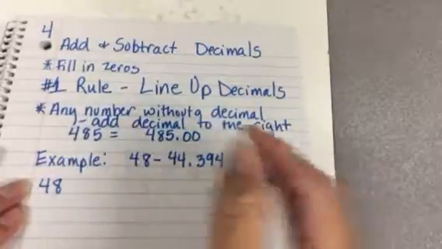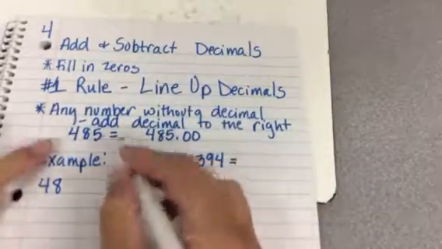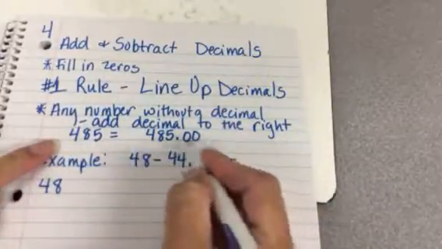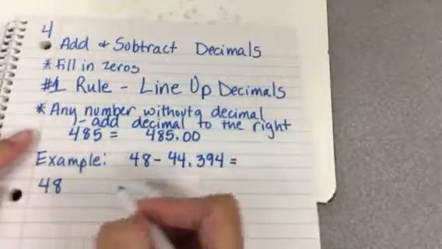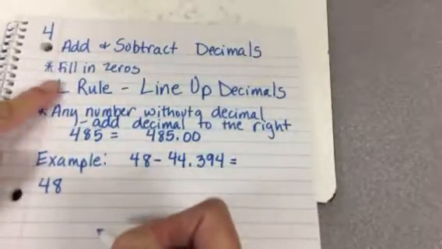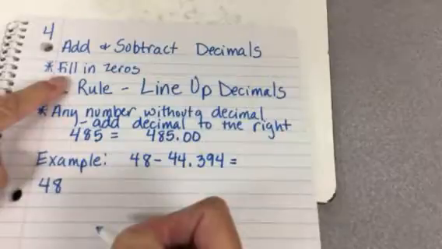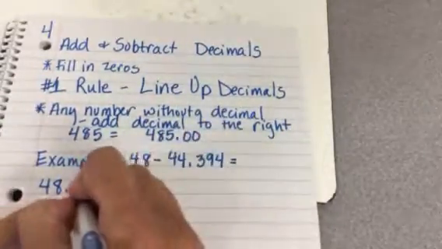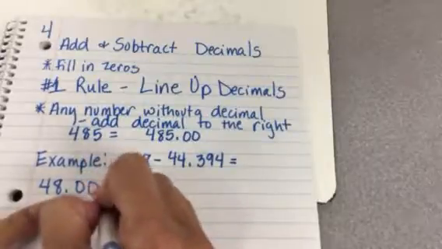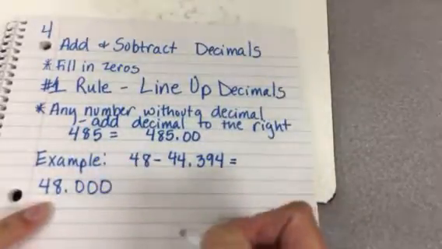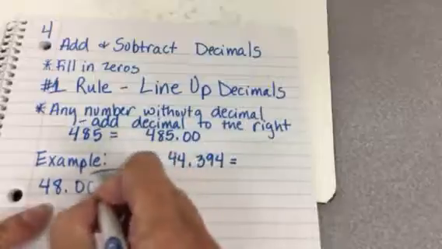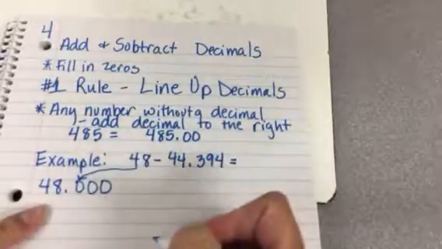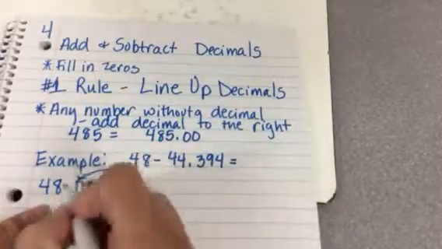48. Now this 48 does not have, just like our example on 485, a decimal point or any zeros behind it. Here is when I'm going to talk about filling in zeros. 48. Now I can put 0.000. I did not change the value of my 48. It stayed the same number. All I did was add a decimal point to the